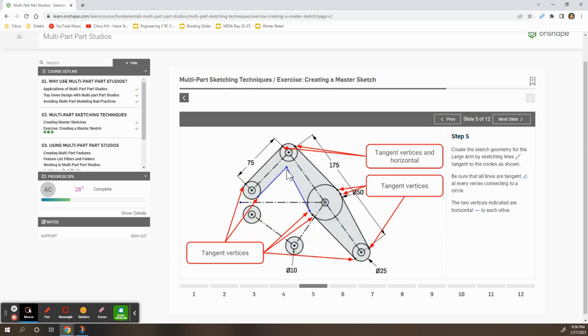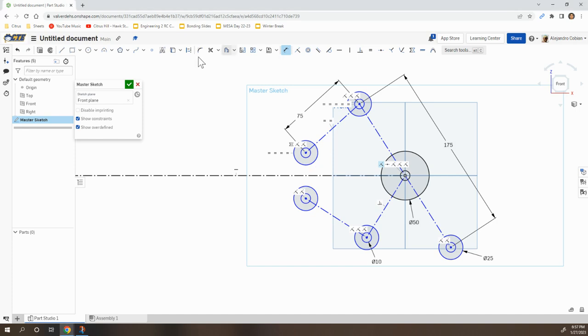For step 5, we're going to fill in this area here by adding 1, 2, 3, 4, 5, 6 lines. So let's just click anywhere on this circle and anywhere here. Click escape. Let's add another line over here. And notice that all of these lines are coincidental to the circles that I'm connecting to. And we're going to make them tangent to the circles in a moment. Let's get rid of our constraints